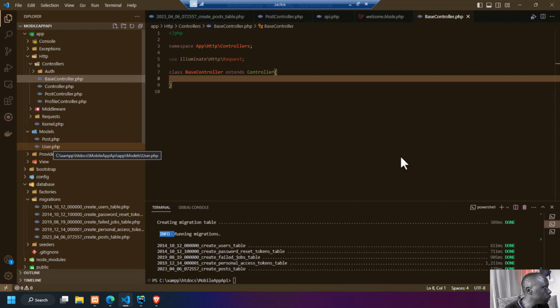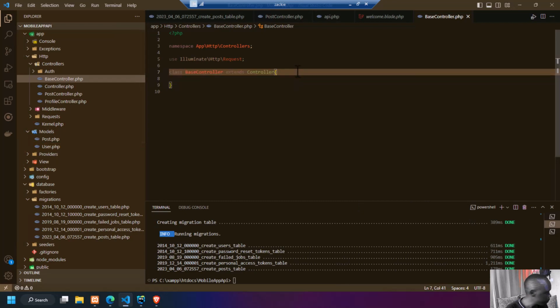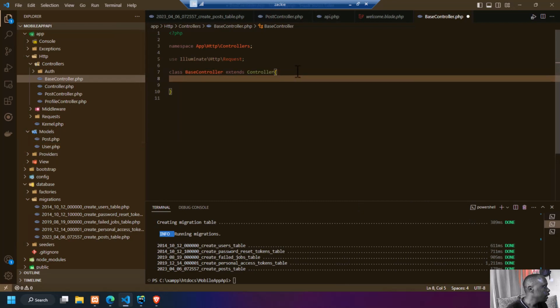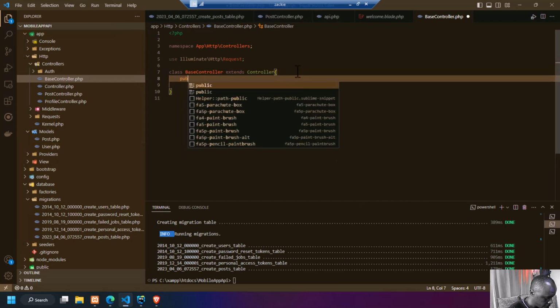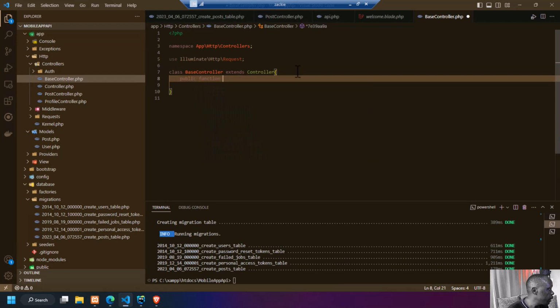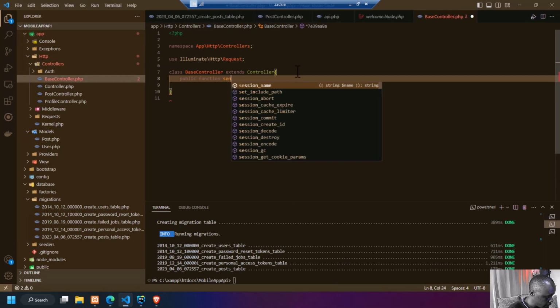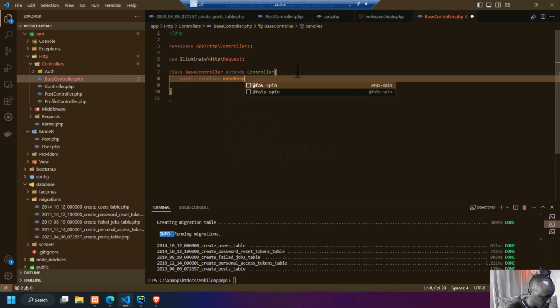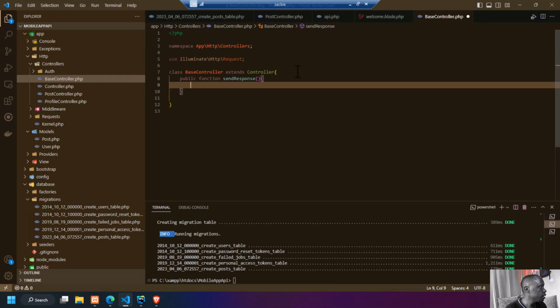So we are just going to call it responses. Public function sendResponse. Okay, so with that we are just going to create a response, and then the response either will be